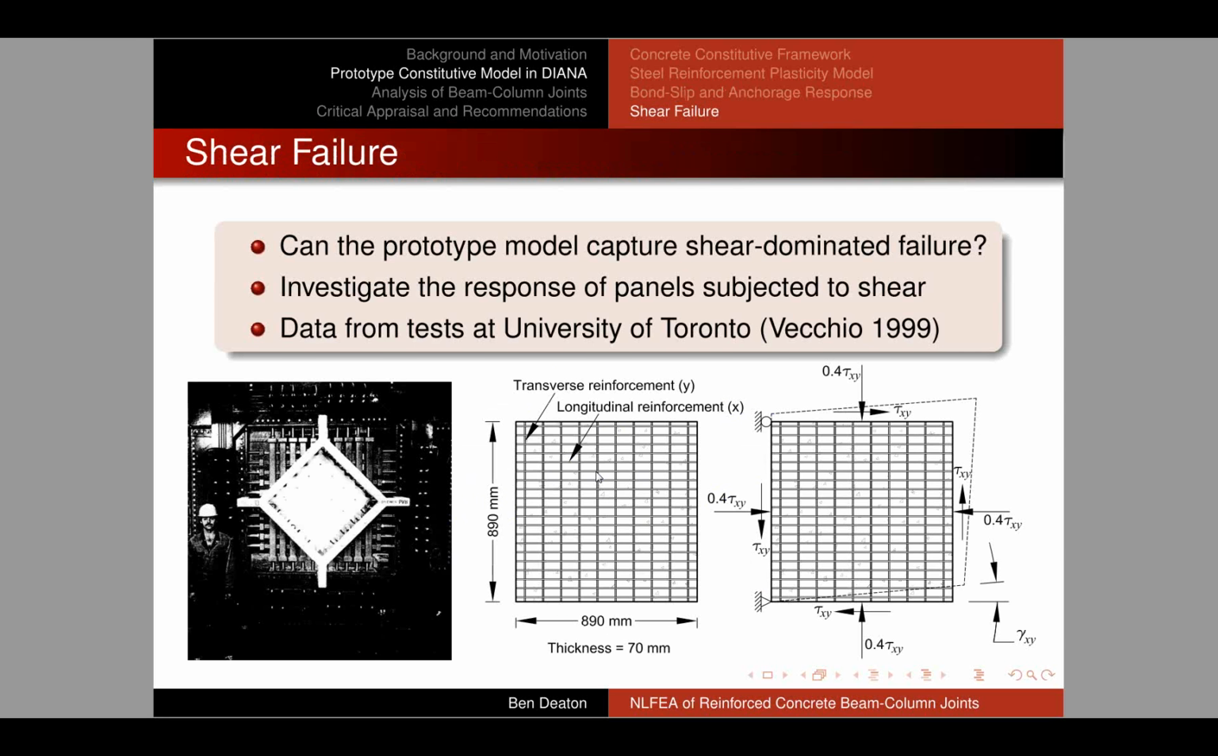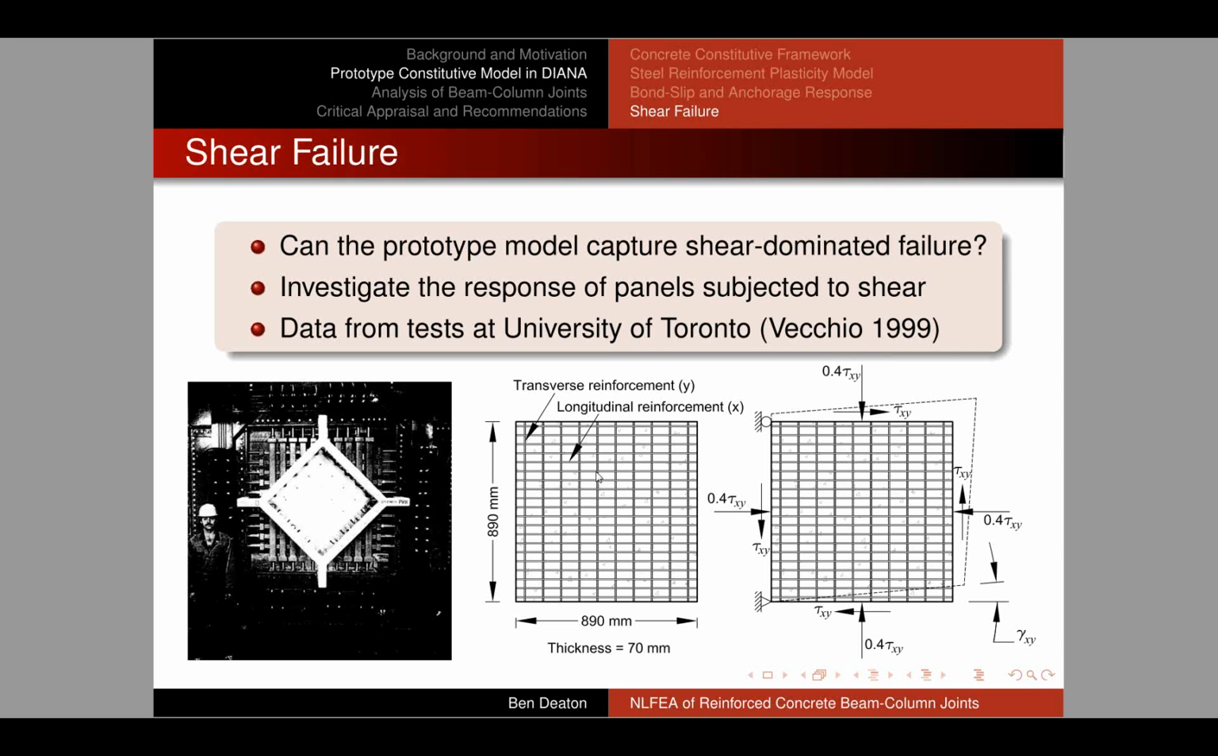Finally, we needed to make sure that this model was able to capture shear-dominated failure. So beam column joints fail primarily in shear. So there's no point in proceeding and analyzing one unless we have confidence that we can actually capture that type of behavior. So the cleanest way to assess this type of capability is looking at the results of so-called shear